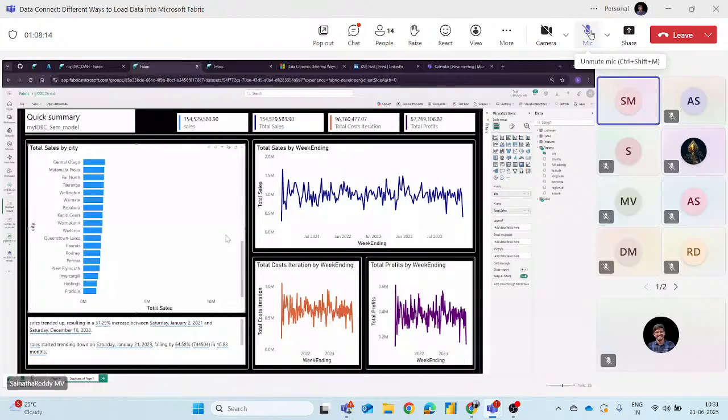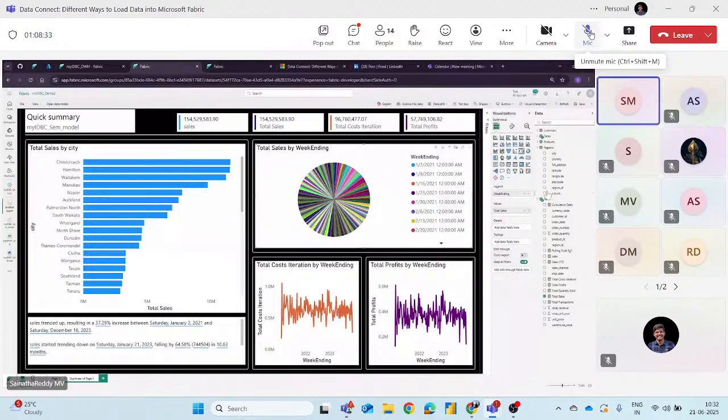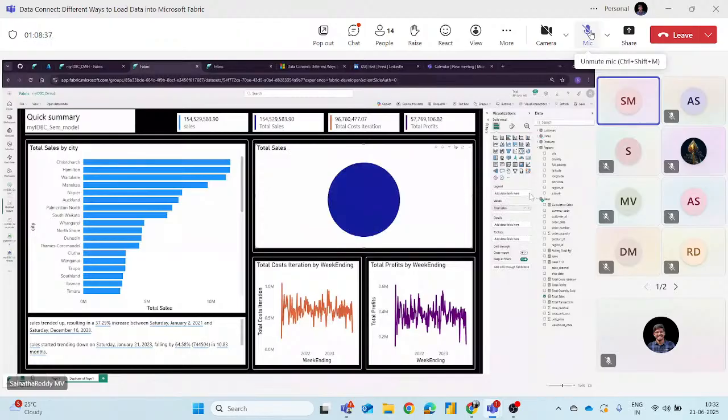We'll go with one more visual, like total sales by week ending. I don't prefer this one, so I want to change it. Oh, okay, I don't find it. Total sales. I just want to remove this. See, this is the pie chart.